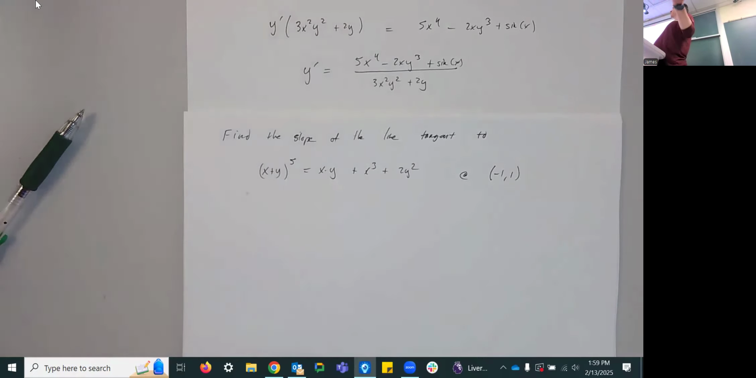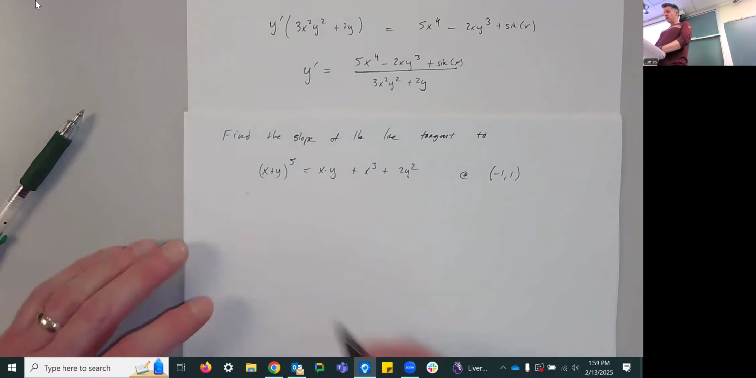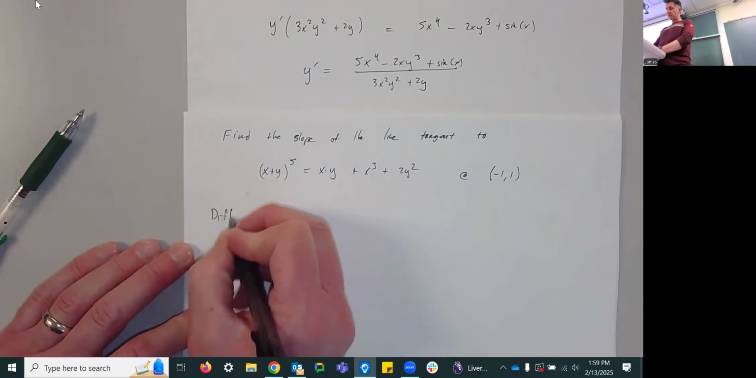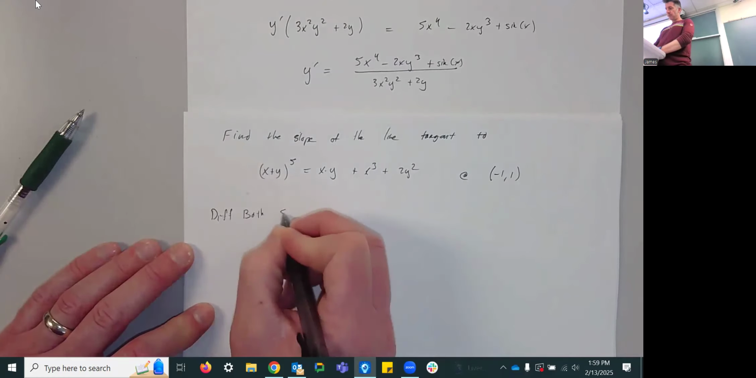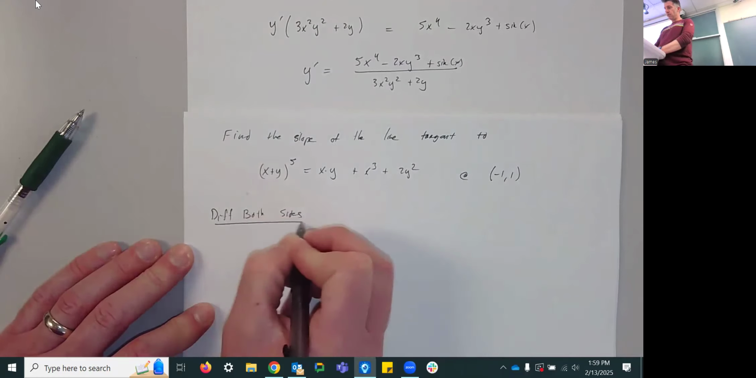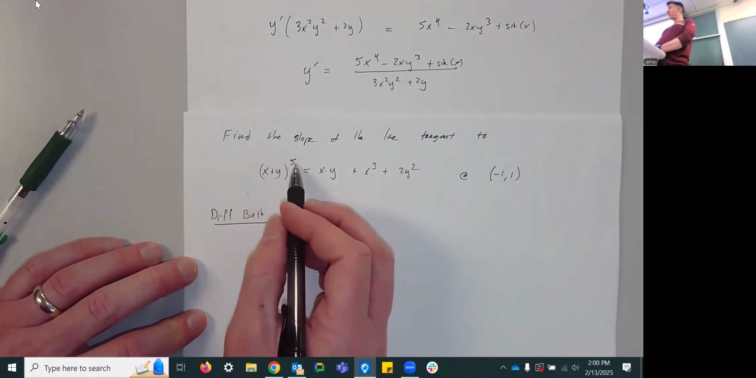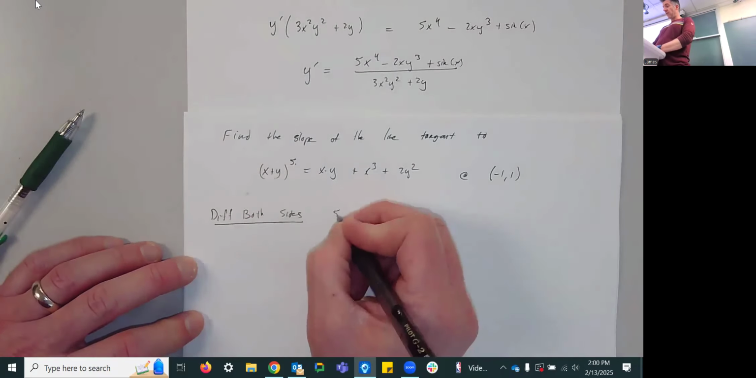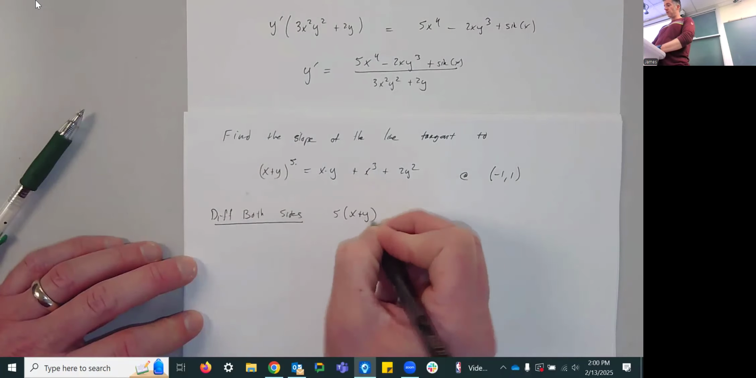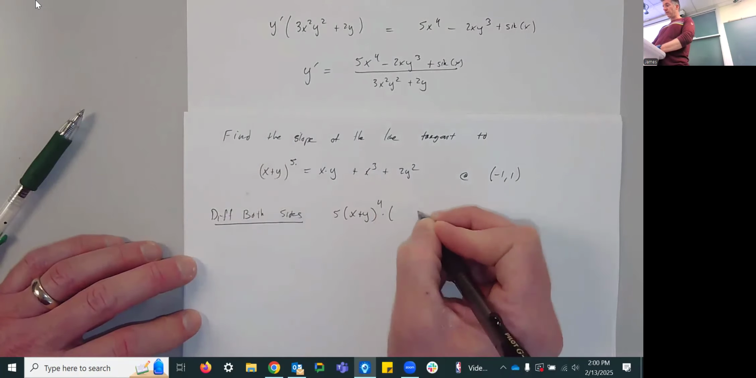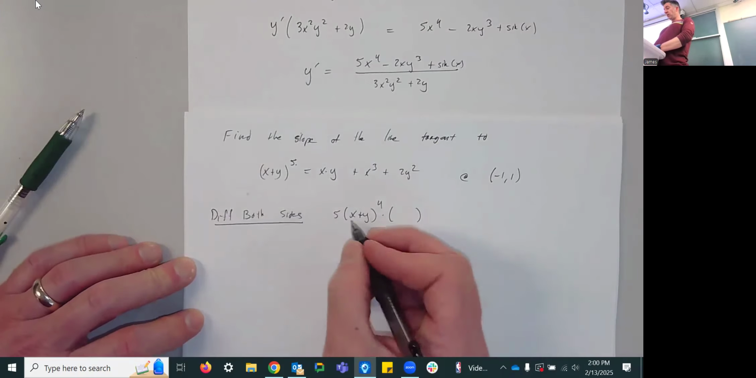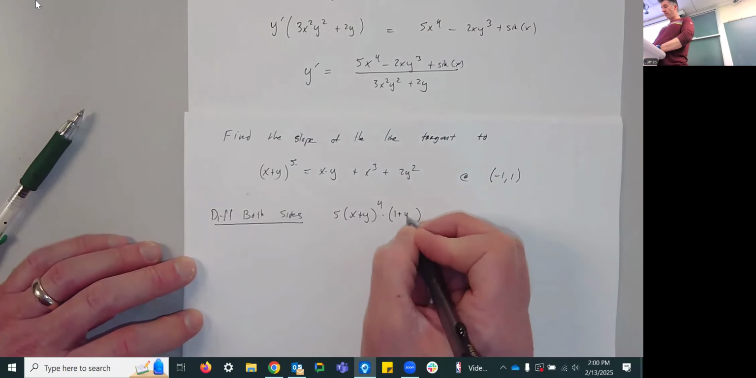So how do we find the slope of a tangent line? We take the derivative. We're going to start by taking the derivative in exactly the same way we have the first couple times, so we differentiate both sides. I've got some stuff to the fifth power. The derivative is going to be 5 times my stuff to the fourth power times the derivative of the inside stuff, which is going to be 1 plus y prime,